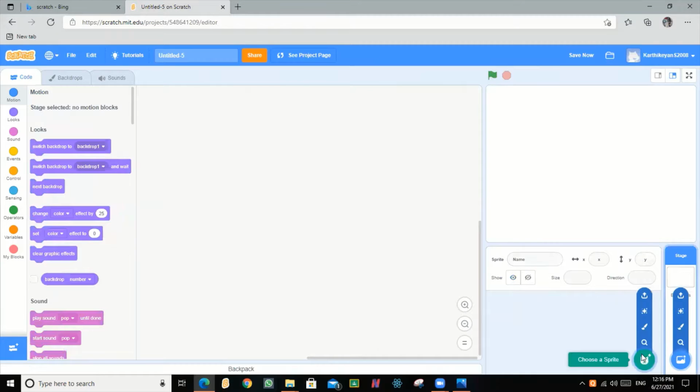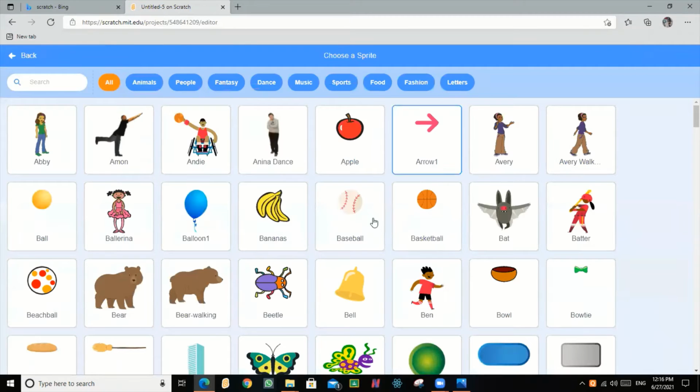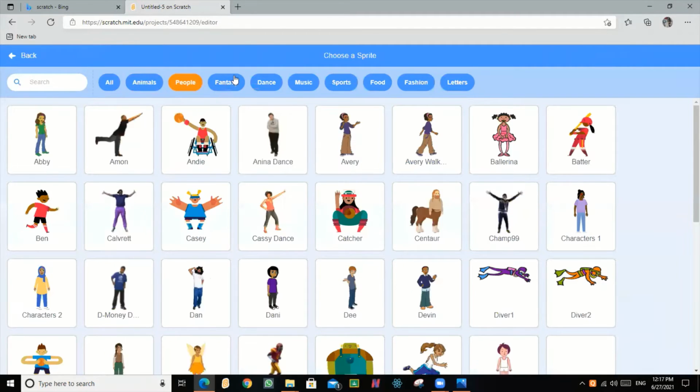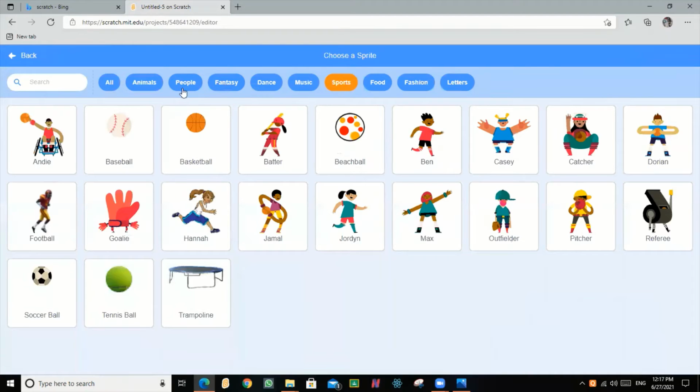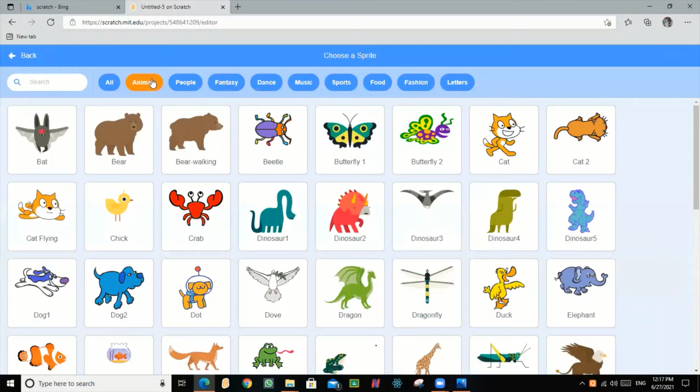There are various categories: animals, people, fantasy, dance, music, sports, and so on. Now I am going to click animals, and I am going to choose fish.